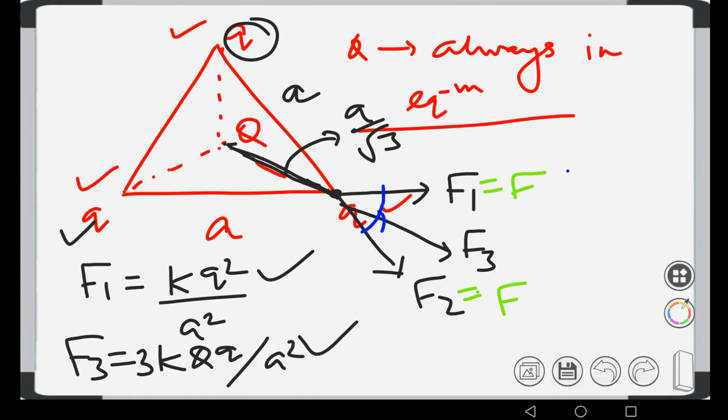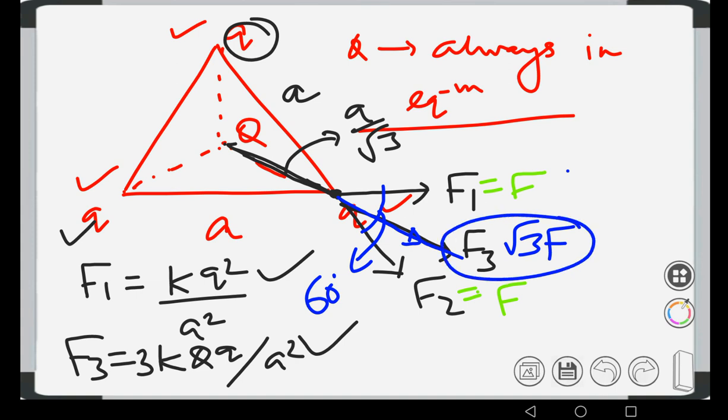They have an angle equal to 60 degrees between them. Since they are equal vectors separated by an angle of 60 degrees, the resultant is along the angular bisector, and the magnitude is root 3 F, which we have already discussed in the first part of the numerical series. Again, the two forces are root 3 F and F3. Root 3 F is the resultant of F1 and F2. These two are in the same direction, so if we add them, we will get the net force. And what we have to do is to put the net force equal to 0.